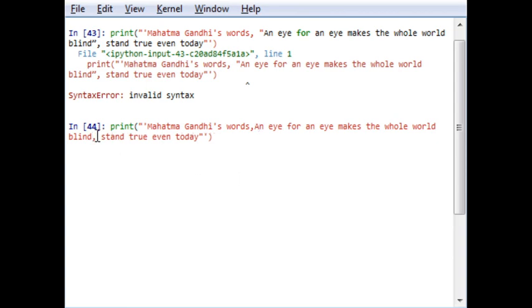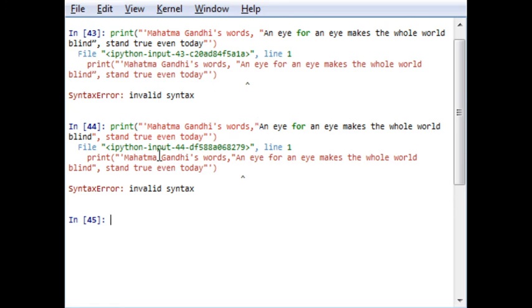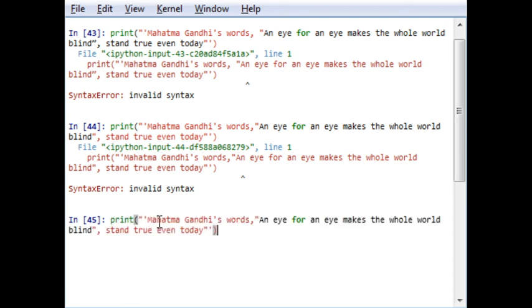An eye for an eye makes the whole world blind. Let's see if it is working or not. Again it is showing an error. So this will of course show an error.